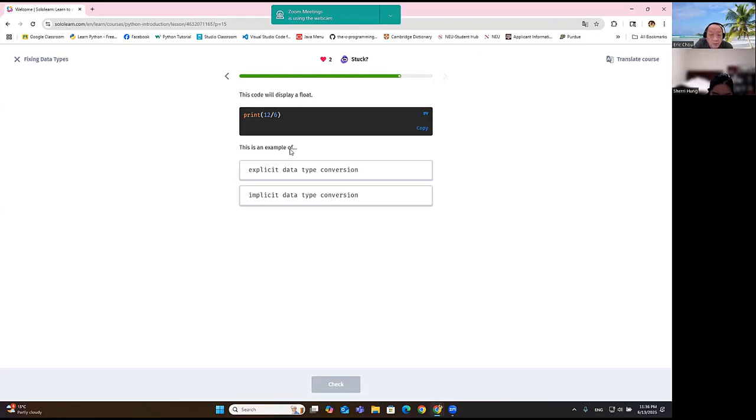So when you don't have the forced conversion, is it explicit or implicit? Implicit means hidden. They do it for you. You don't need to explicitly say it. You don't say it, right? You don't say it, it is implicit.